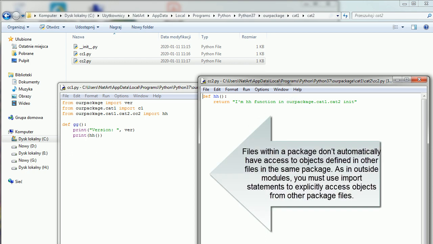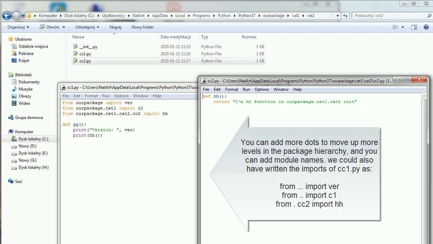Files within a package don't automatically have access to objects defined in other files in the same package. As with outside modules, you must use import statements to explicitly access objects from other package files. You can add more dots to move up more levels in the package hierarchy, and you can add module names. We could also have written the imports of cc1.py as: